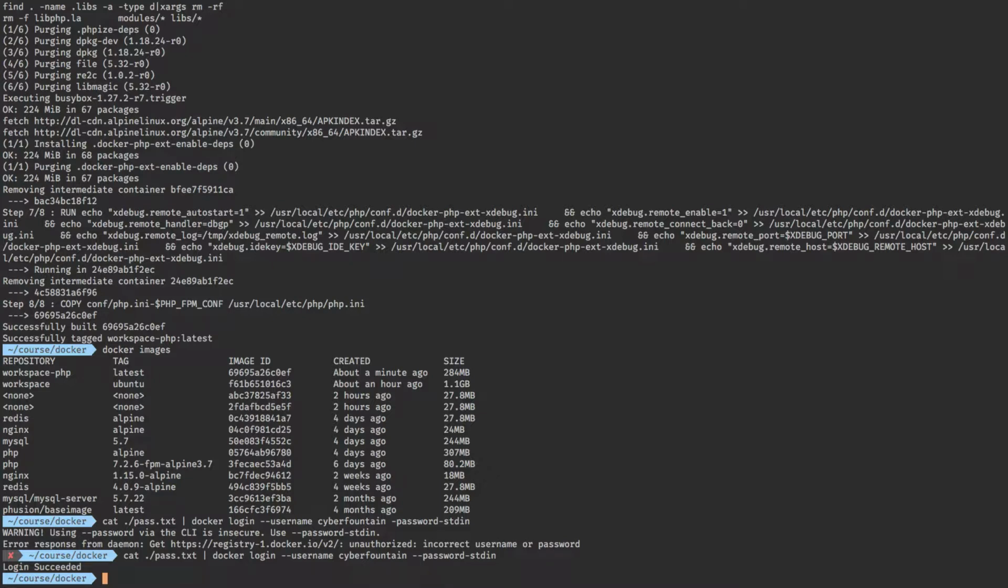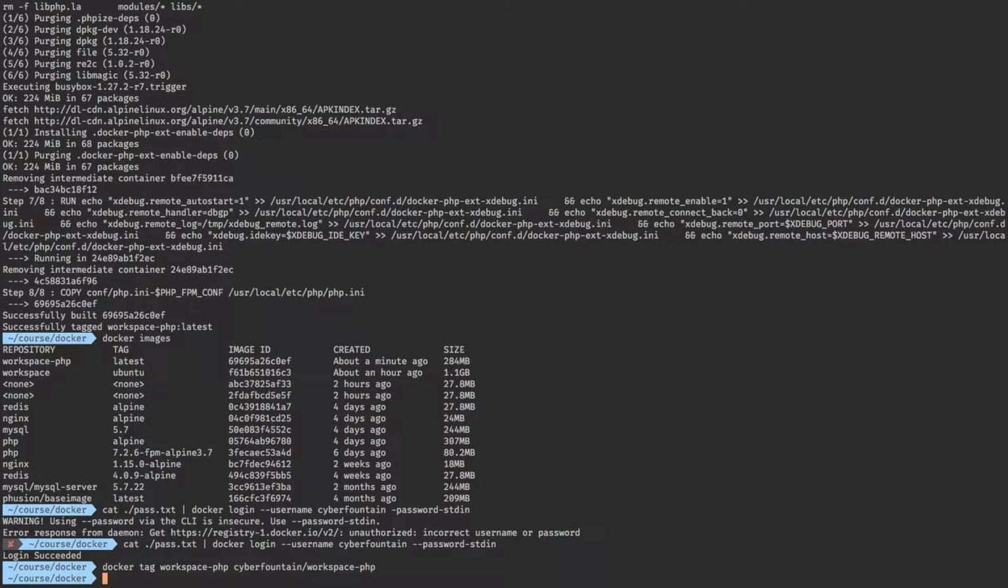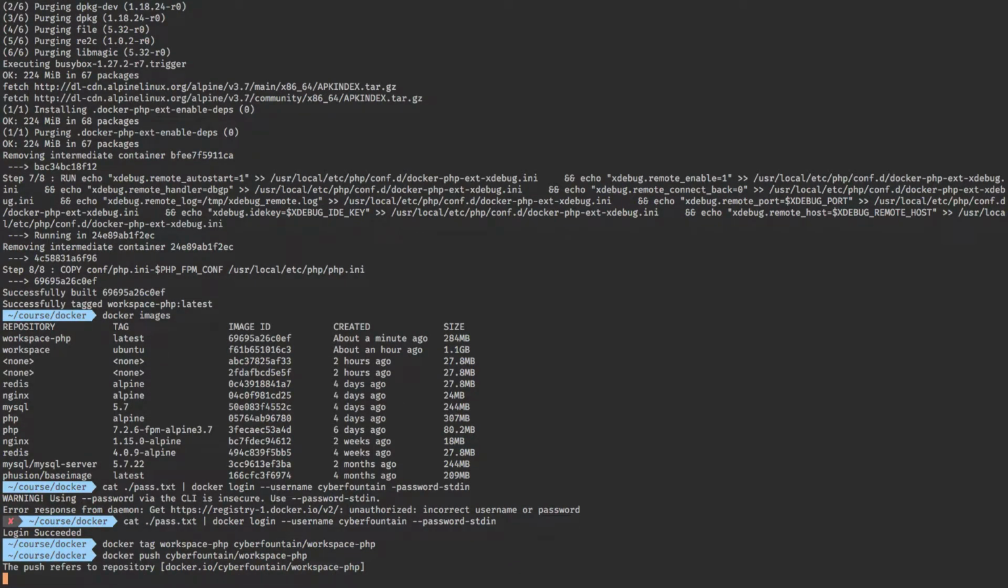So now we should be able to push. As a final step, we're gonna add an additional tag to our image. So we're gonna do docker tag, and we want to tag this image with the name of the repository. So it's gonna be cyber fountain workspace-php. And now what we can do, we can just push to the repository. So we're gonna do docker push and the name of the repository, the name of the tag, and that should start